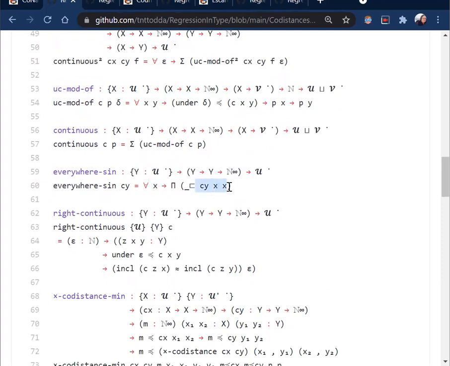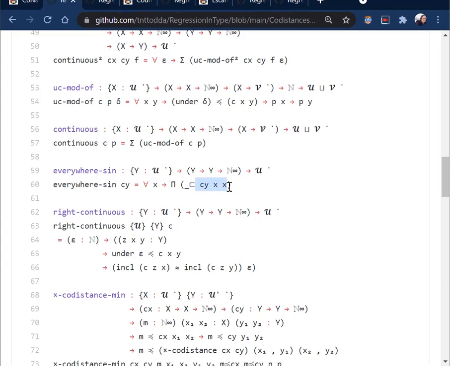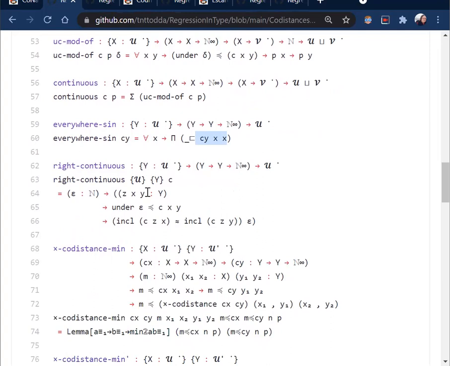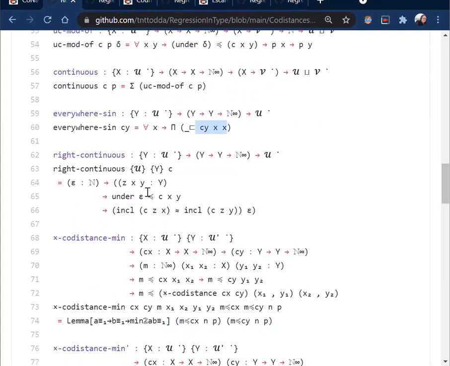the codistance is always above any epsilon. That's the exact same as what I said about c y x x being infinity, but this is a more analytical way of saying it's just always above any epsilon. And then we also have another property, which we call right continuous. You could also have left continuous, but we just picked one, where you say you have the codistance function, and then for any epsilon, given an x and y and a z, if the codistance between x and y is at least epsilon, then the codistance between z and x is approximately equal to the codistance between z and y